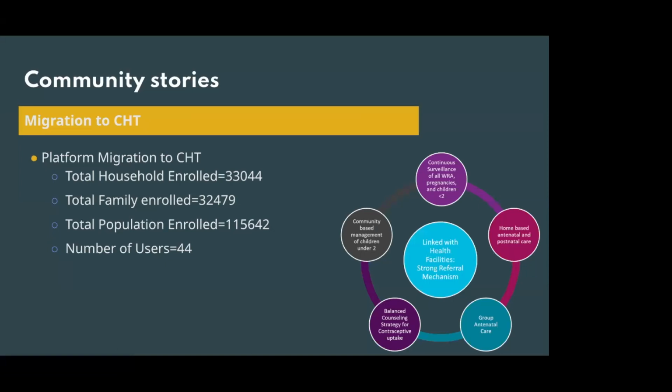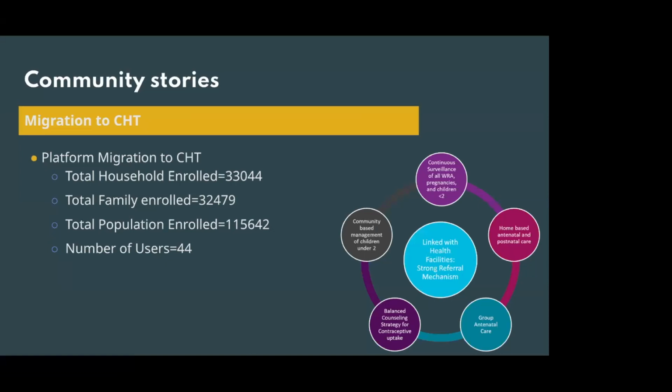The main reluctancy for us was that the system was already running with one other platform, and it was really a challenge for us to keep the data intact post migration. That was a challenge because historically there was around 6 years of community health program data. It was pretty challenging, but eventually that happened, and now since January 2023, already around 44 users are using it,